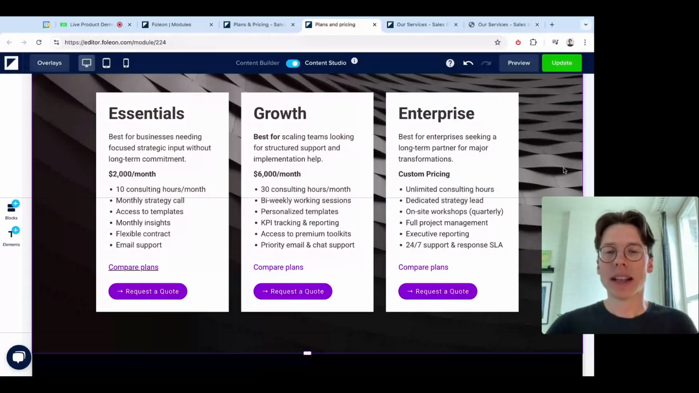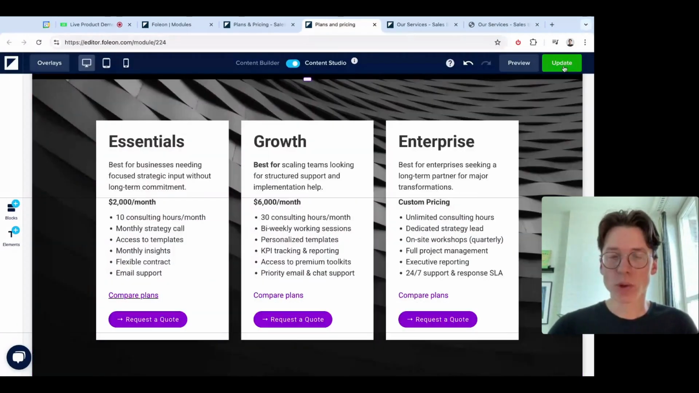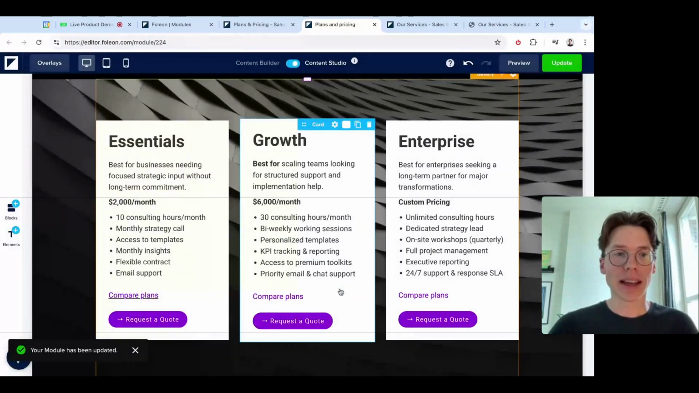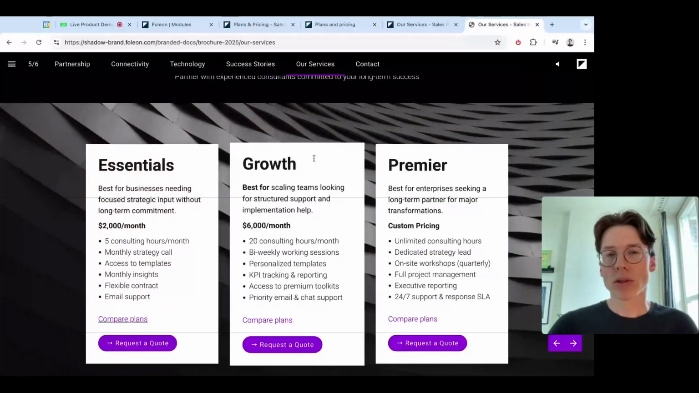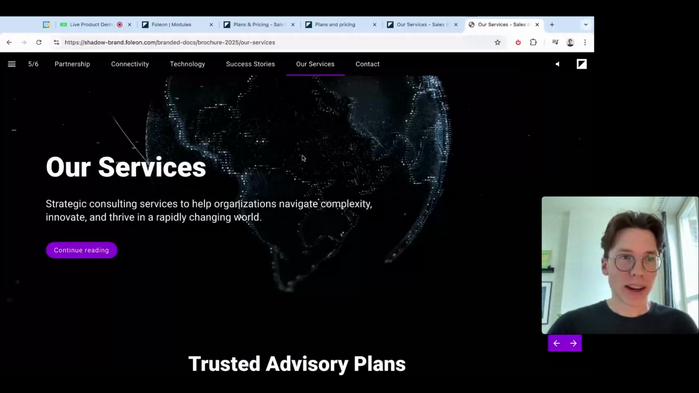There we go. And then I need to make sure that I update this. So when I click Update, I can already see that there is a Foleon asset that uses this module. That's what we were just showing. I'm going to click Update, and then your module has been updated. Now, when I go back to the Foleon doc that I was just showing in the live version, and when I refresh,